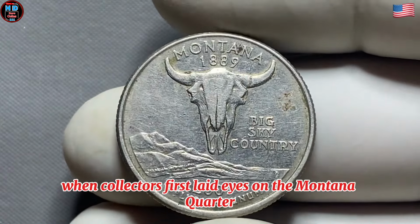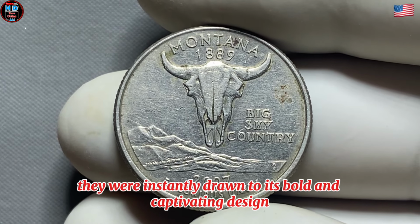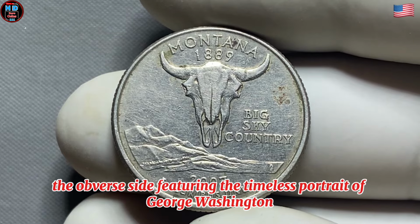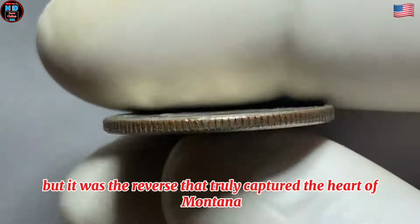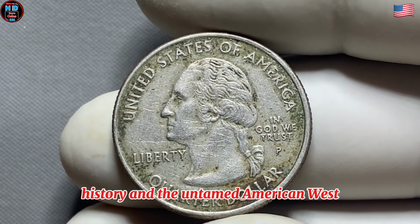When collectors first laid eyes on the Montana quarter, they were instantly drawn to its bold and captivating design. The obverse side, featuring the timeless portrait of George Washington, continued the proud legacy that began in 1932. But it was the reverse that truly captured the heart of Montana, a design that spoke of strength, history, and